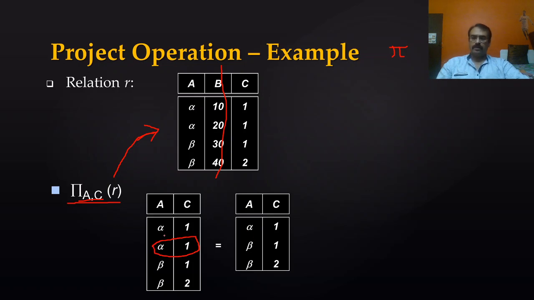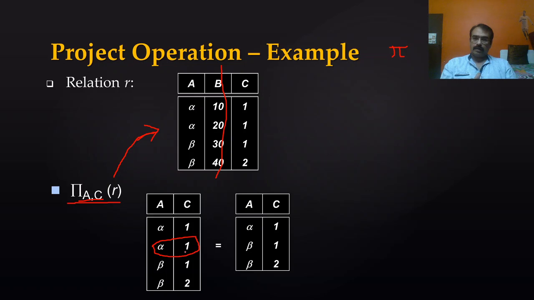Only 3 entries will be there because these 2 entries are exactly similar, so those will be combined together. Now what we have done here is projected only the selected attributes. Is it the same thing we are doing with select in SQL? Yes. In select of SQL, we list out all the attributes which we want in the output. Here with project, I am listing out all the attributes which I want in the output.